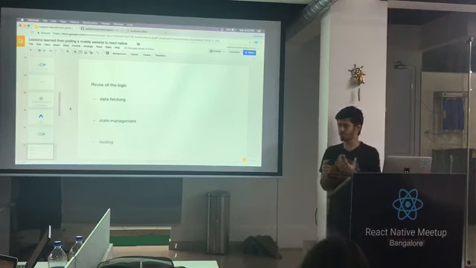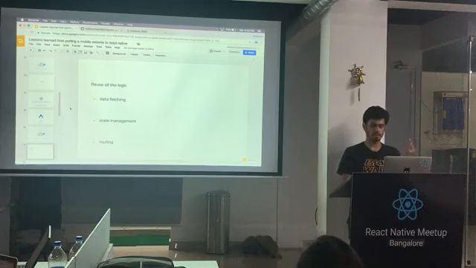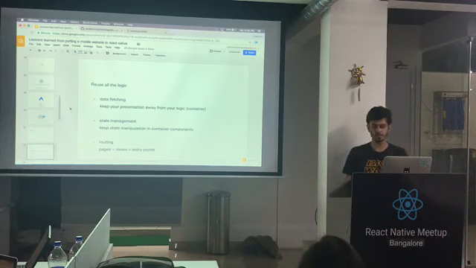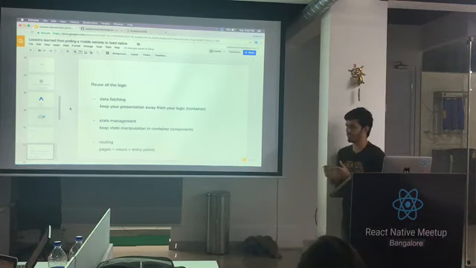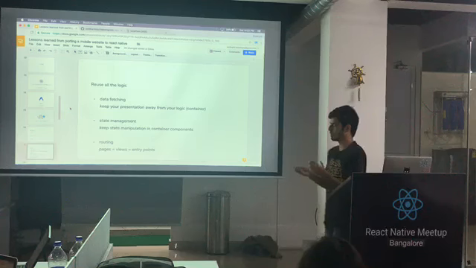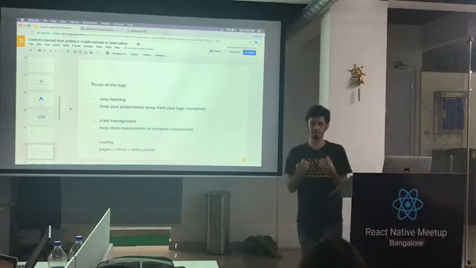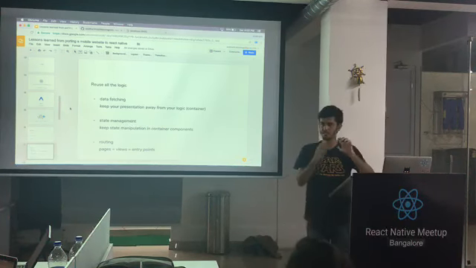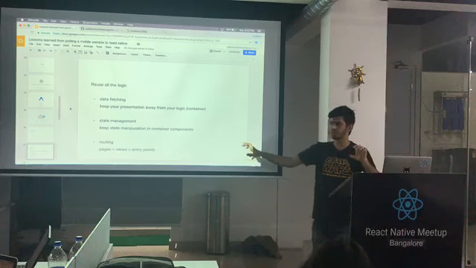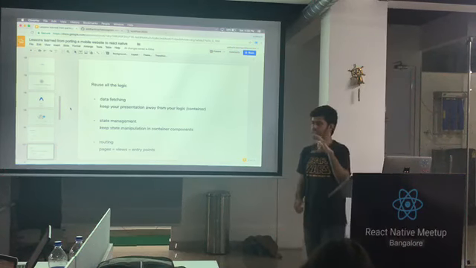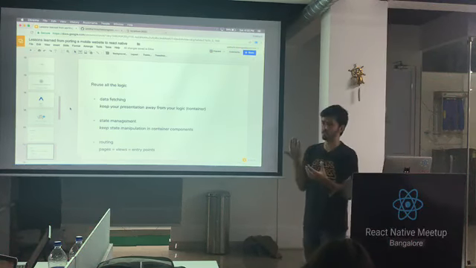First is you want to reuse all of this, right? That's the whole point of it. Reuse data management, state management, routing, all of that. How do you do this? You keep your presentation away from your logic. So what I've simply done is every file that I saw that had styles, I split it out and put it into a different file. So that now this file actually does not have anything related to presentation.